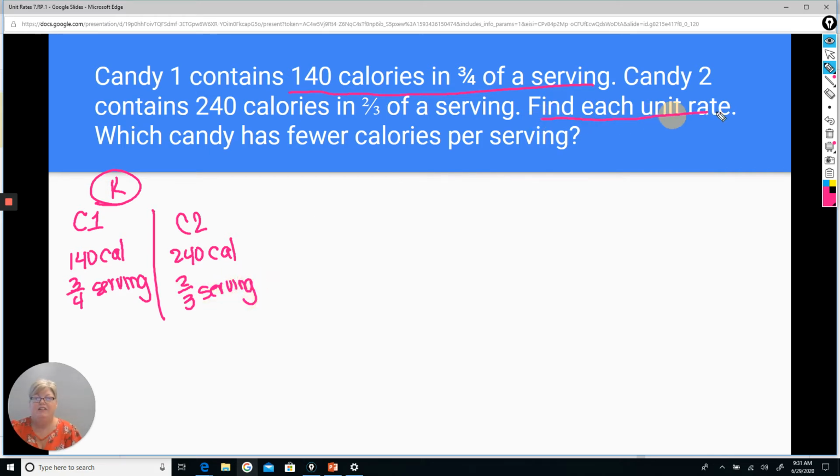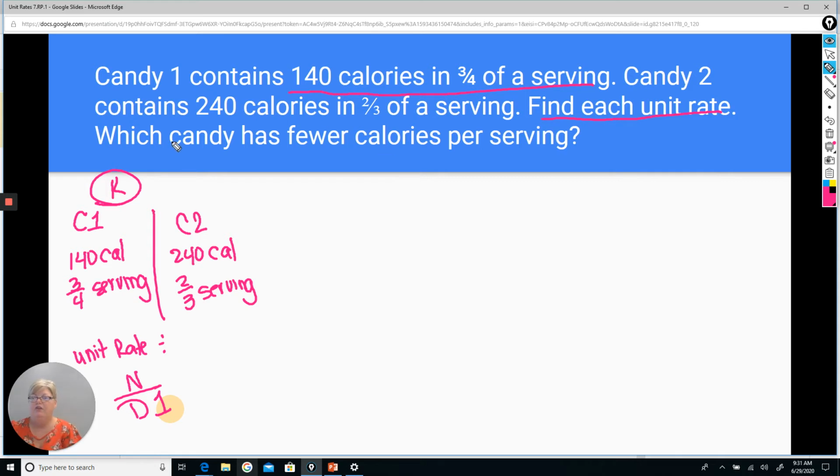And it says find each unit rate. Well, this one's easy on what we do. It says find the unit rate. So that's what we have to do. And remember, unit rate tells us to divide. It tells us put your numerator on top, your denominator on bottom. And remember, what do we want the denominator to be? 1 of something. This doesn't specifically say